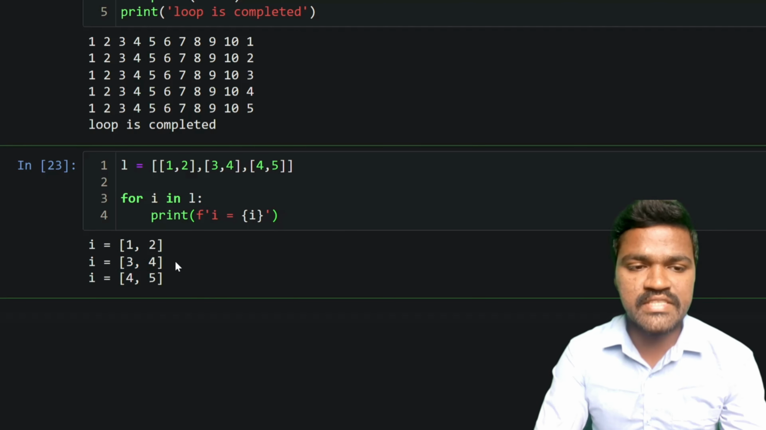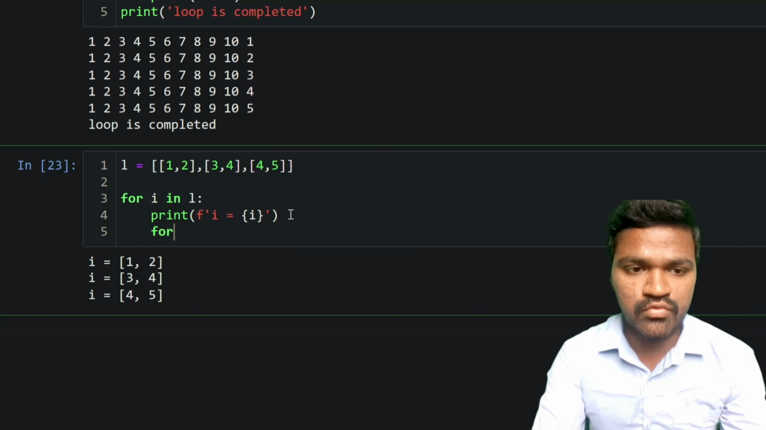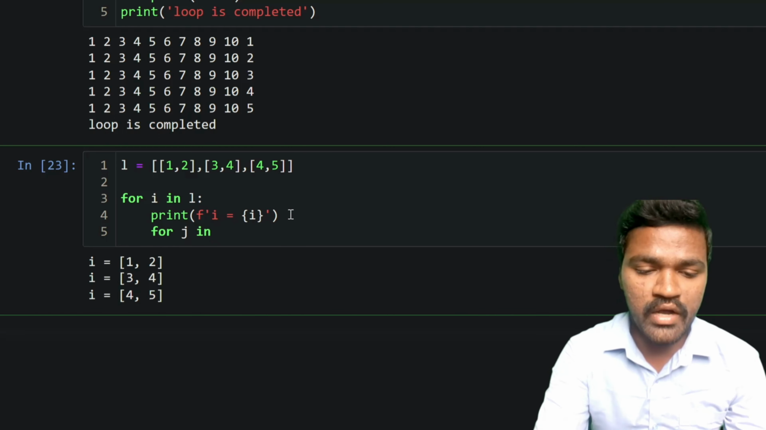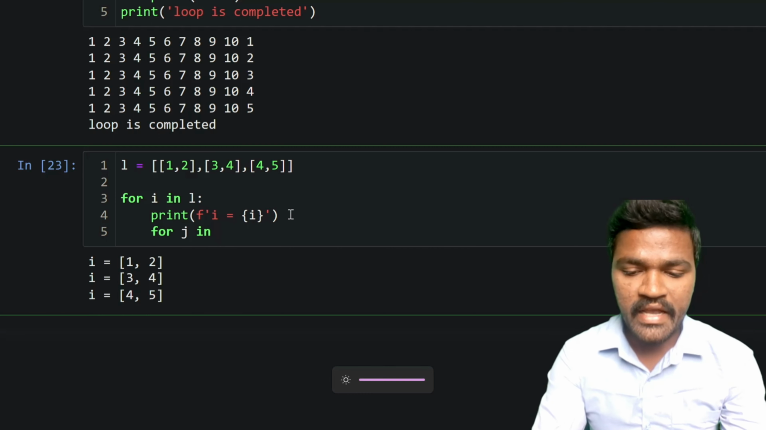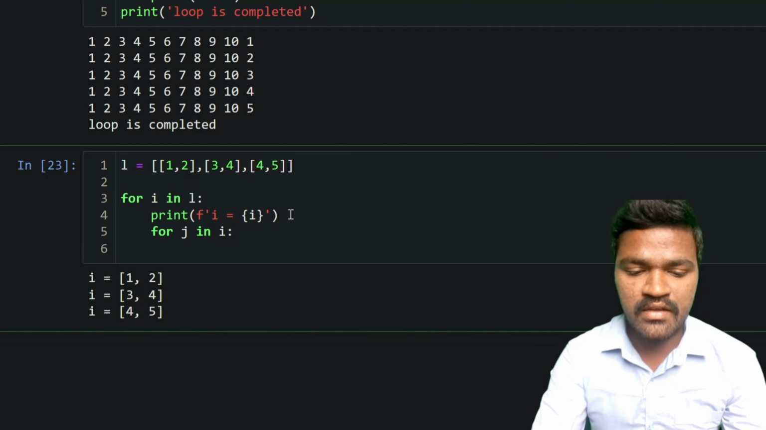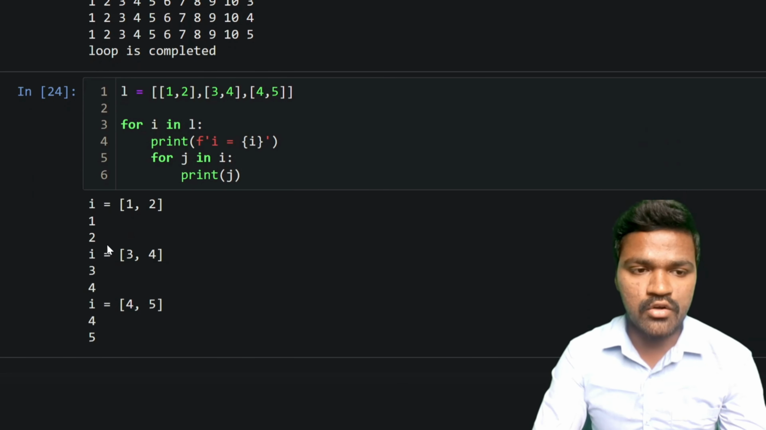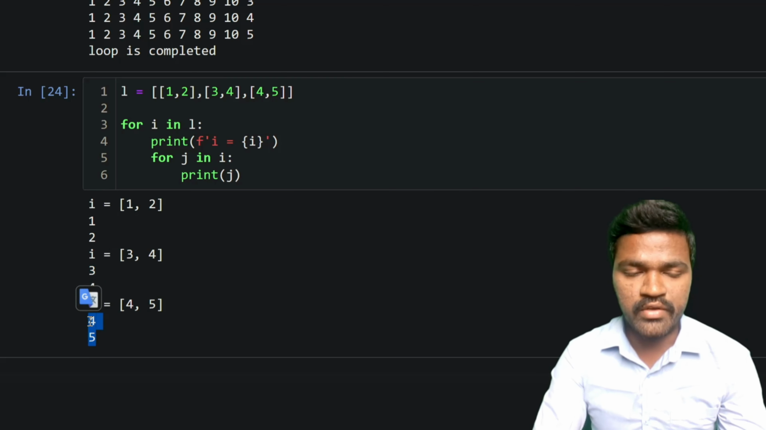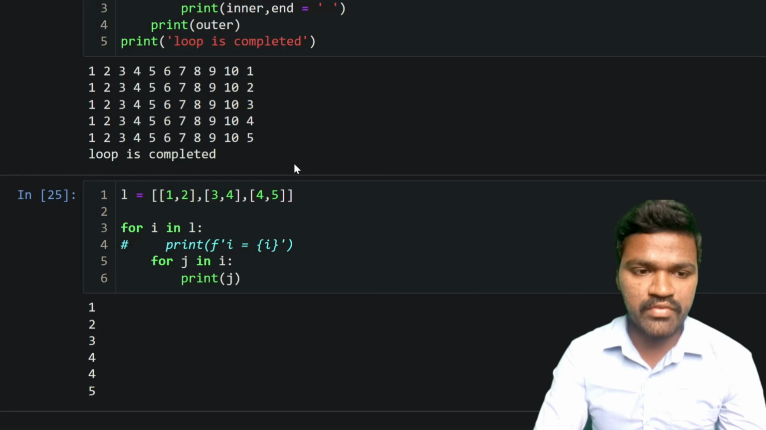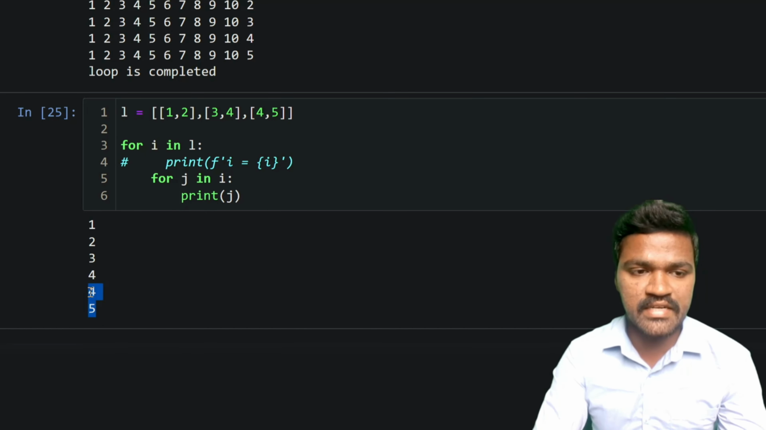So what I need to do is iterate through this I and print the values. Let's go ahead and do that as well. So for j in I, I need to iterate through I. Because of that reason I mention I here, and I will print the value j here. So you can see the output as we are getting 1, 2, 3, 4, 5. And if we comment this out and execute this, I can see the result as 1,